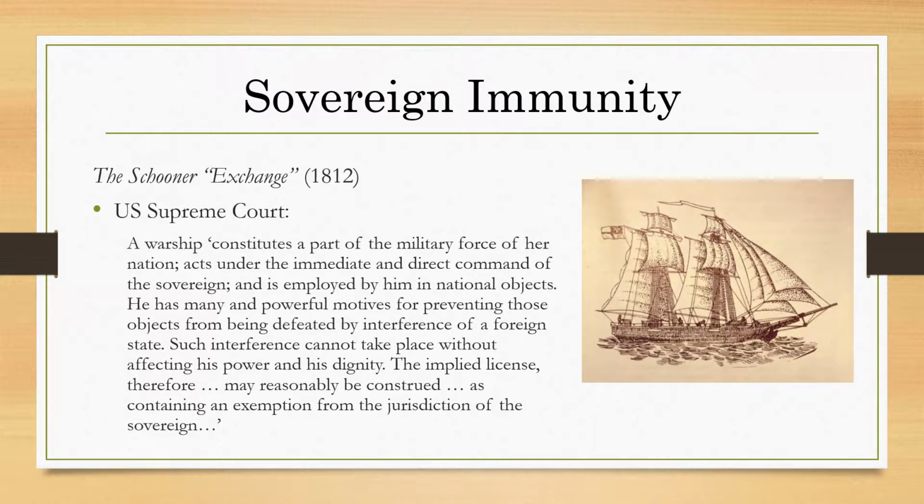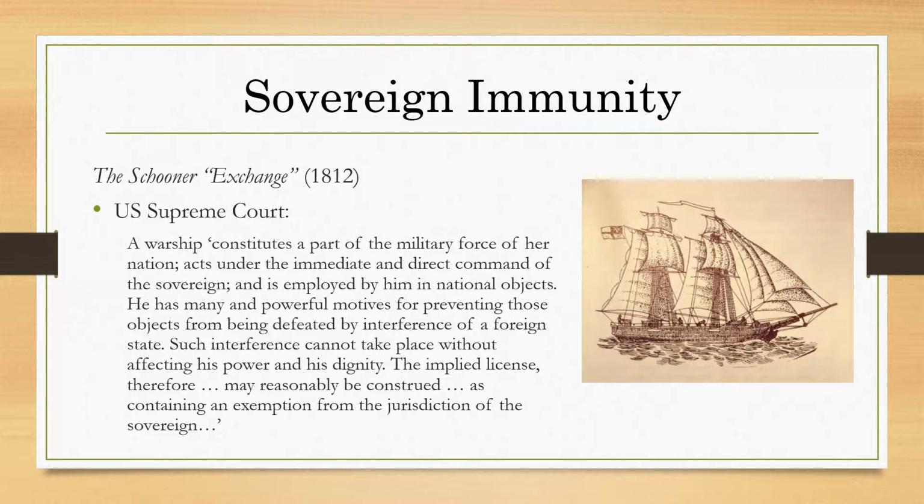And the court case proceeded to assess whether they would have jurisdiction. What was decided by the US Supreme Court is that because the ship represented, again, the arm of the French state in this case, it wasn't for an American court to have jurisdiction over it. Rather, it was between the American and French governments to negotiate the treatment of the vessel. So it was immune from the jurisdiction of the court and subject exclusively to the jurisdiction of the French